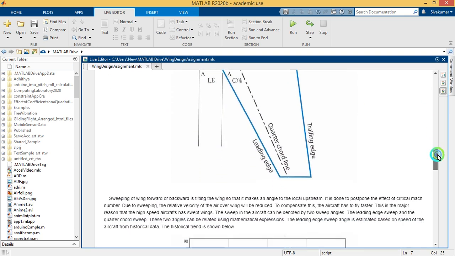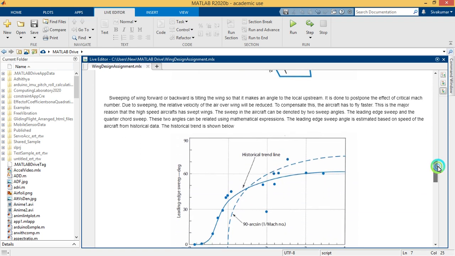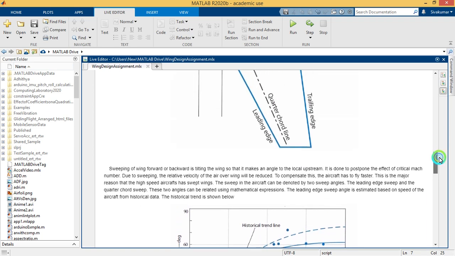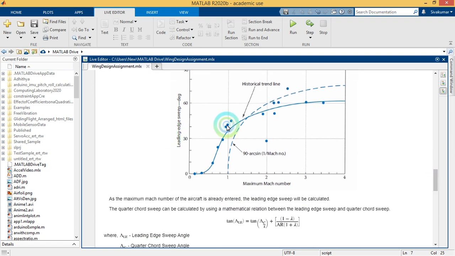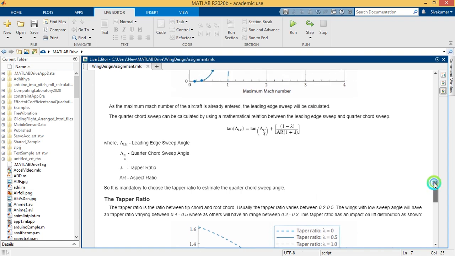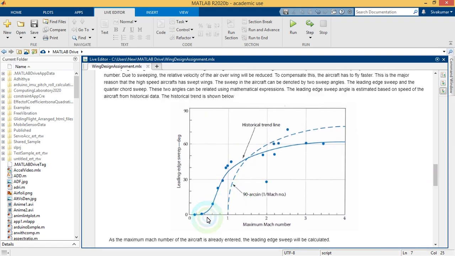Then the sweep angle. You don't have to do anything here, because based on your Mach number the sweep angle will be calculated automatically. I want to explain the code behind it. You can see the trend line here, which is the leading edge sweep in degrees with respect to maximum Mach number. I digitized this image and took the values of Mach number and the corresponding leading edge sweep,